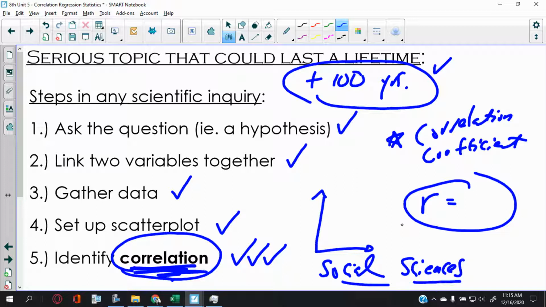Okay, so what are social sciences? It's the study of social issues. So for example, is IQ related to income? Things like that. You can even ask a crazy question like, do dog owners make more money than cat owners? By the way, the answer to that is supposed to be yes. Okay, so again, by the time you're done with this unit,